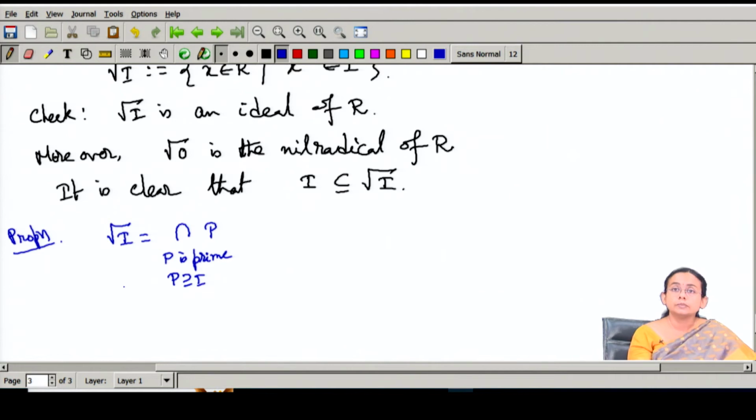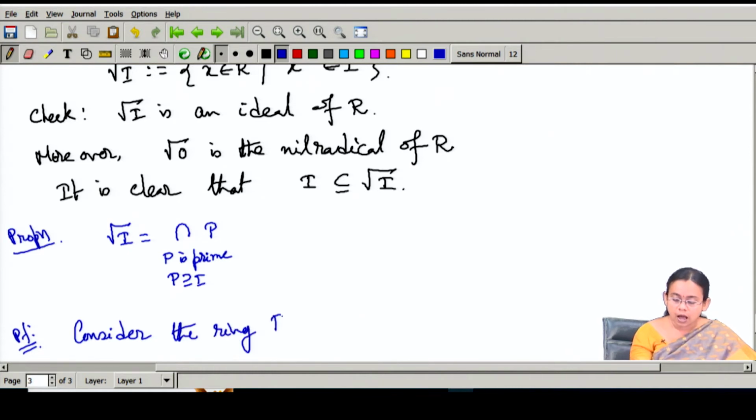So, here you can see that the proof is exactly similar to the one where we have proved that the nil radical is the intersection of all the prime ideals. This is exactly the same proof. So, if I write it down, then we have to consider the